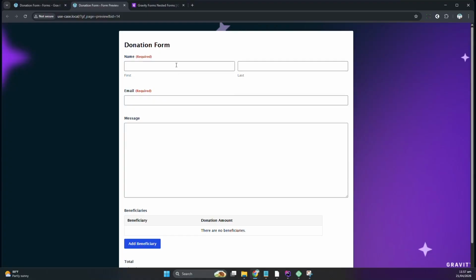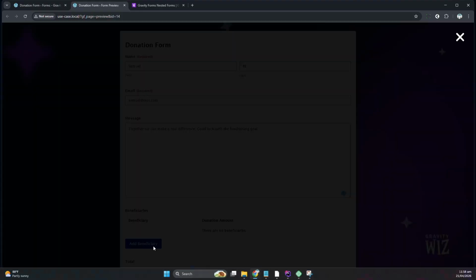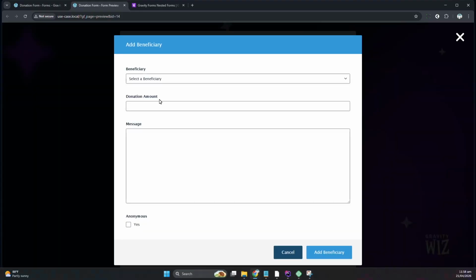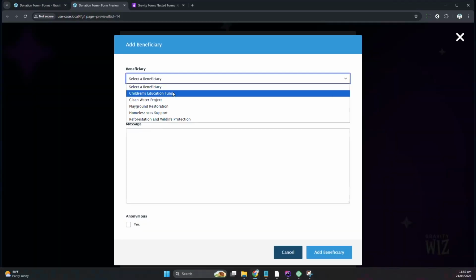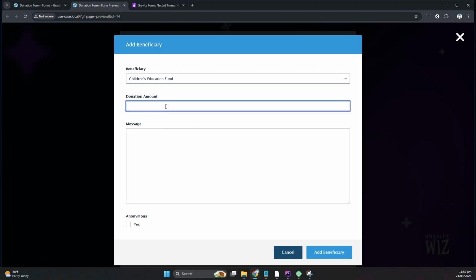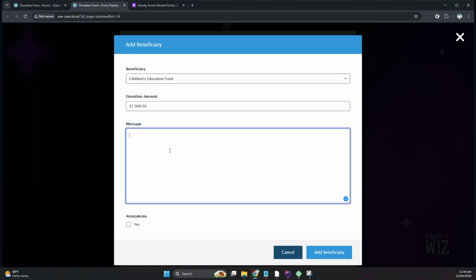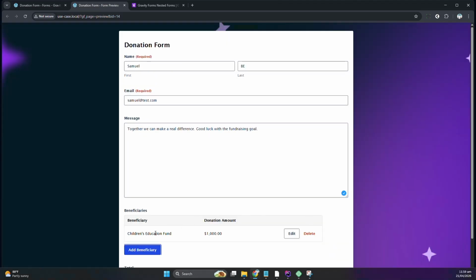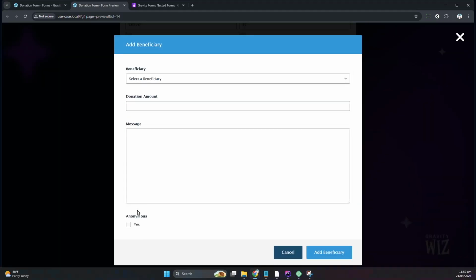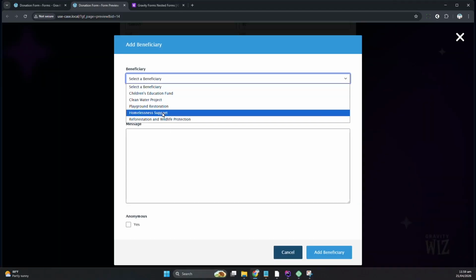They fill in the name and the email address, add a message, which is optional, then click the Add Beneficiary button to display the child form in a pop-up. They get to enter details of their donation, and then click the Add Beneficiary button to display the details on the Nested Form summary table. To add more, you click on the Add Beneficiary, select the details,